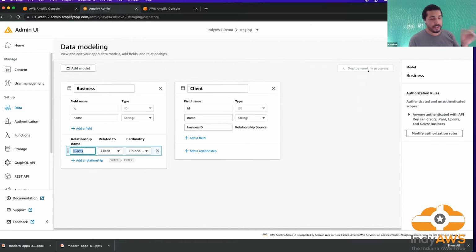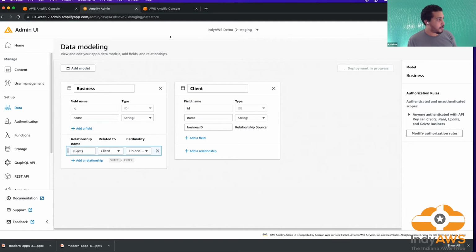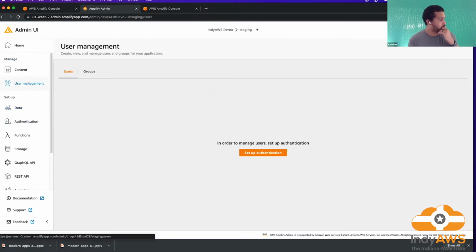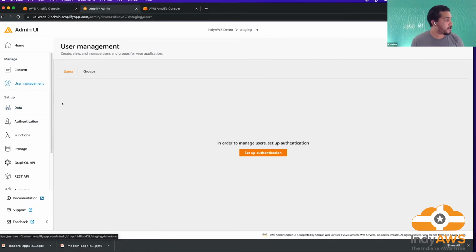Now, since we're still deploying the authentication, while we wait, this one's taking a little bit longer than usual, but let's see, what can I show you while we wait? Well, we could take a look at the user management portion. It's still deploying, so we can't really look at it in full.